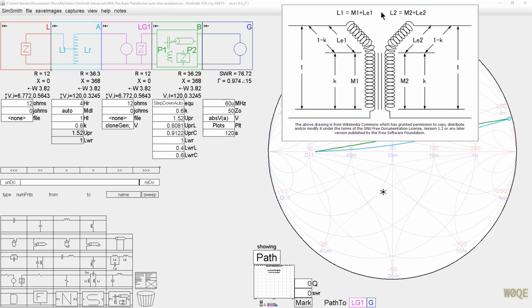The model for coefficient of coupling is pretty straightforward, and that says that for a given coil with a coefficient of coupling K, part of the coil, and remember K is a number between 0 and 1, so somewhere between 0 and 100% of the inductance completely couples to the other coil with the same factor again. They don't need to be the same inductance, but the same factor. So in this case,